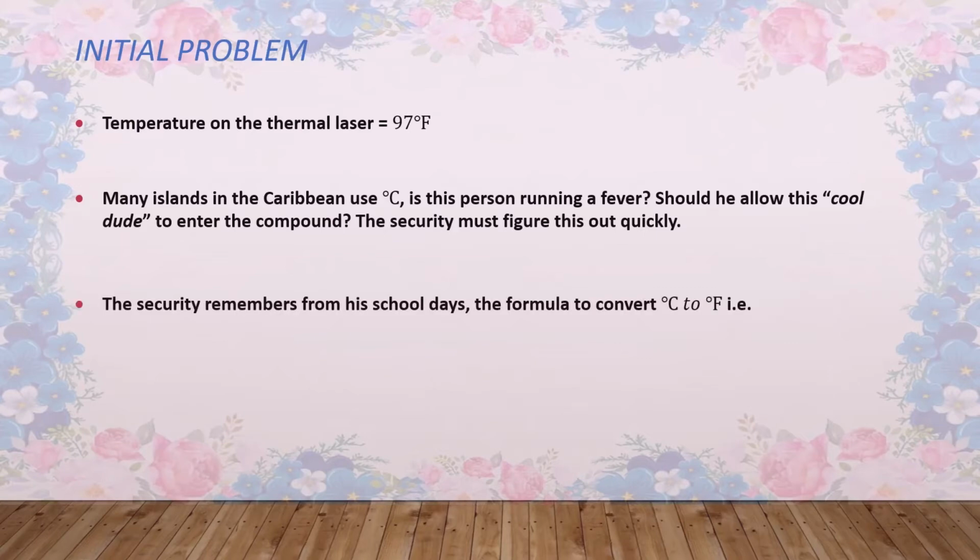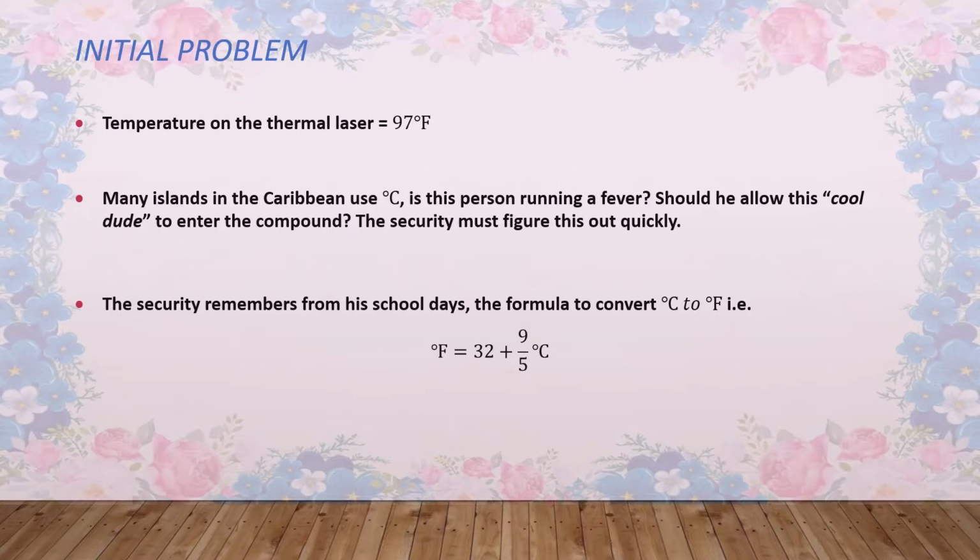Now, from the school days of the security guard, he remembered how to convert degrees Celsius to Fahrenheit, but he didn't quite remember how to switch around, meaning to take degrees Fahrenheit and convert back to degrees Celsius. What he remembered was that if you take the temperature in degrees Celsius and multiply by 9/5, and you add 32, you'll get your answer in degrees Fahrenheit. Now, for him to